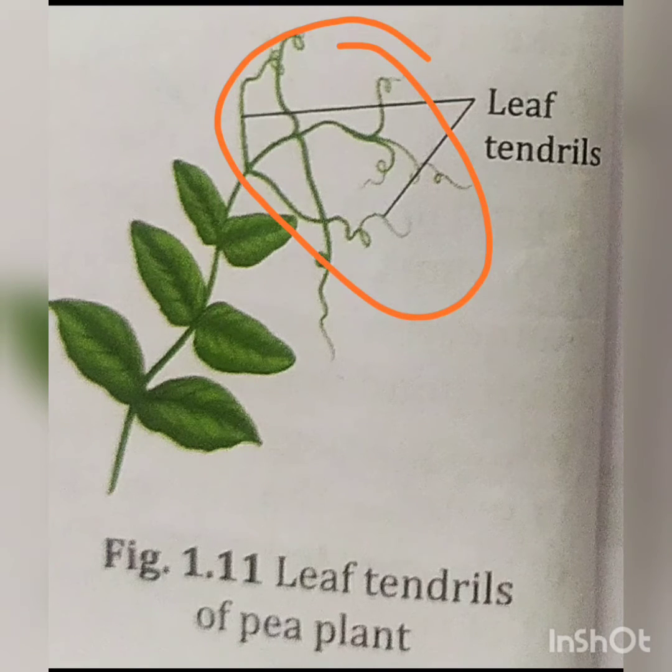For example, the upper leaflets of the sweet pea are modified into tendrils. In wild pea, the entire leaf is modified into a tendril. In sweet pea, only upper leaflets are modified into tendrils. In Naravelia, the terminal leaflets are modified into tendrils. In glory lily, the leaf tips are modified into tendrils. In clematis, the petiole of leaf gets modified into tendril.